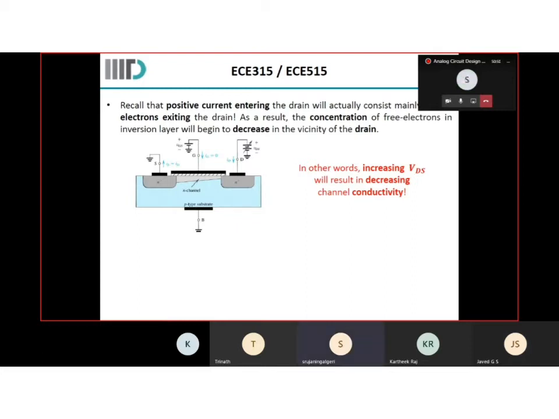If I'm applying potential at the source end, and let us take an example where the gate voltage is at 5 volts and I'm increasing the source potential, my VGS is decreasing. That is the first case. If the difference VGS goes below VTS, the transistor will turn off.